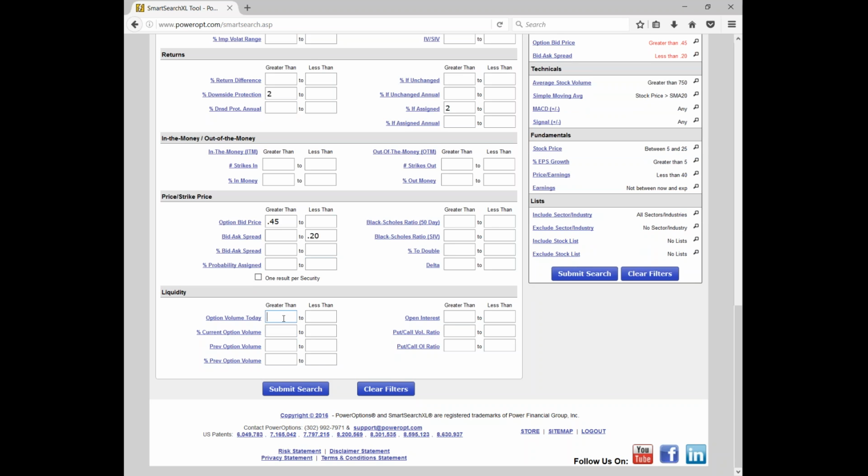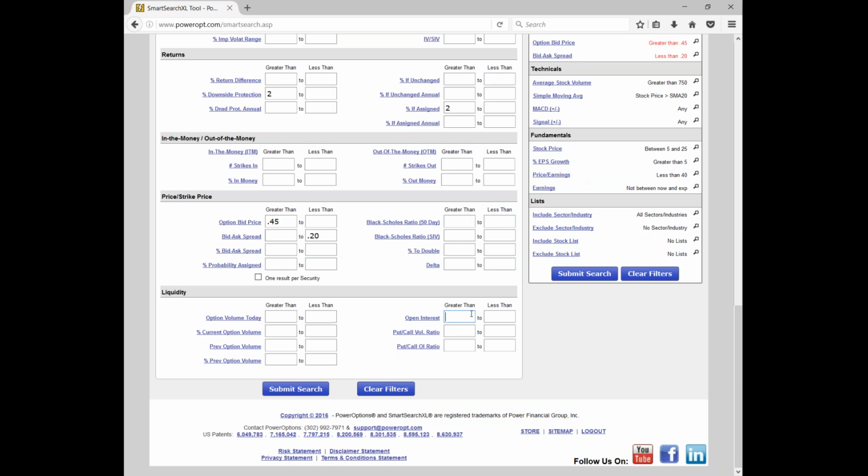But we're just going to use open interest and option volume today for some liquidity factors. And what I want to see as a general rule, if you don't have a rule for your liquidity, here's what we suggest. In addition to knowing your account size and what stock range you're able to trade